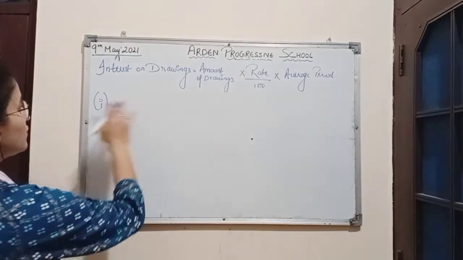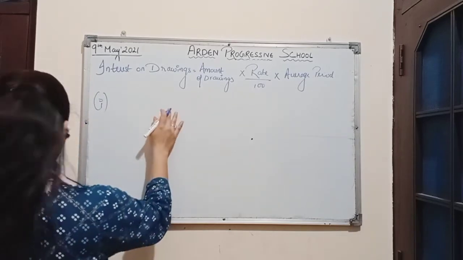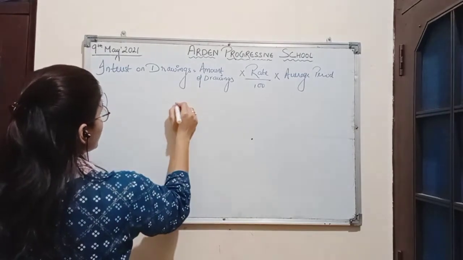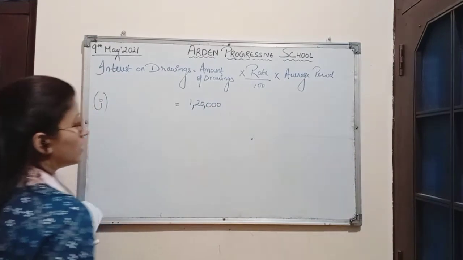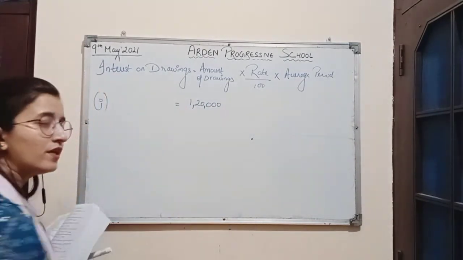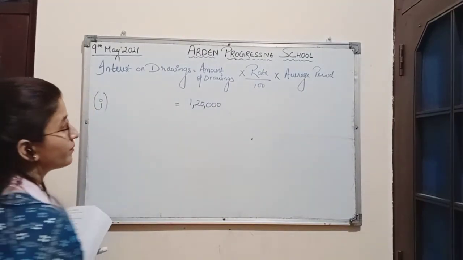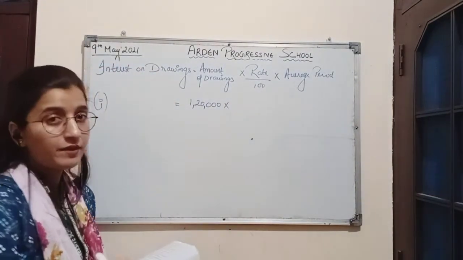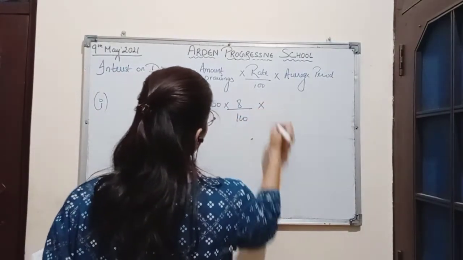So the amount of drawings he is withdrawing in the whole year will be 10,000 multiplied by 12, which is 1,20,000. So this is the amount of drawings which the partner is withdrawing in the whole year. Rate of drawing is 8% per annum. So 8 divided by 100 into